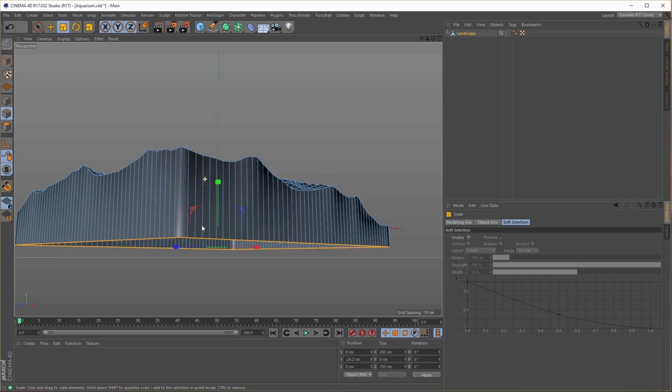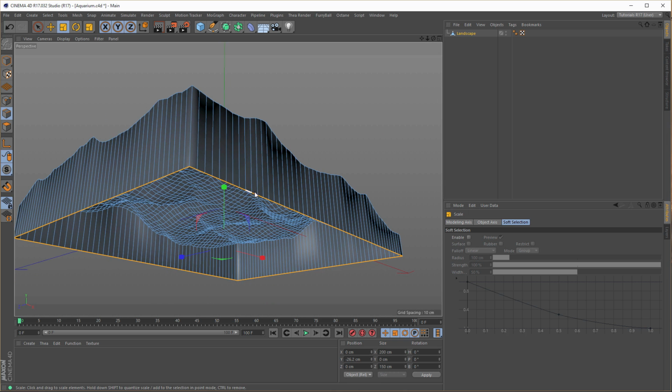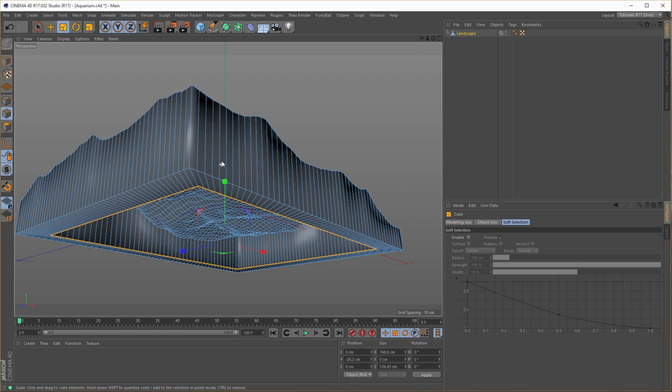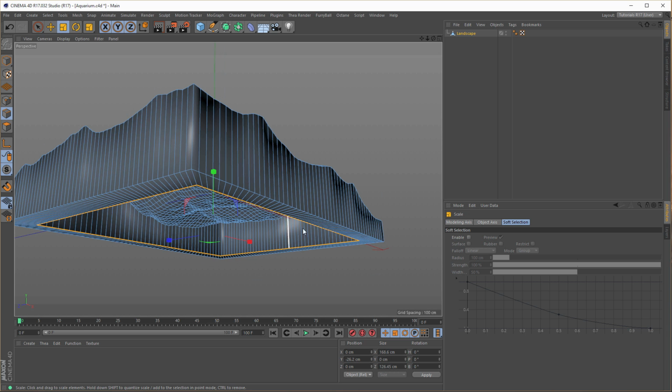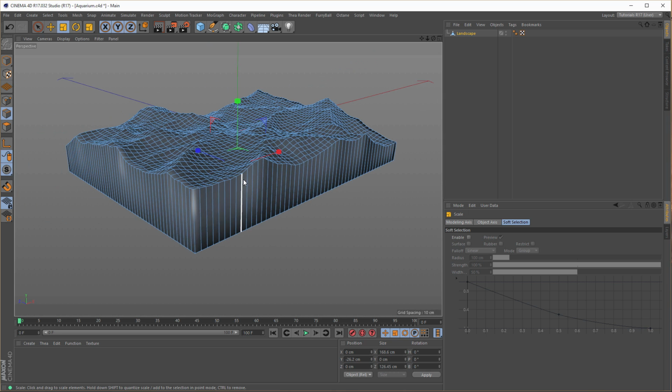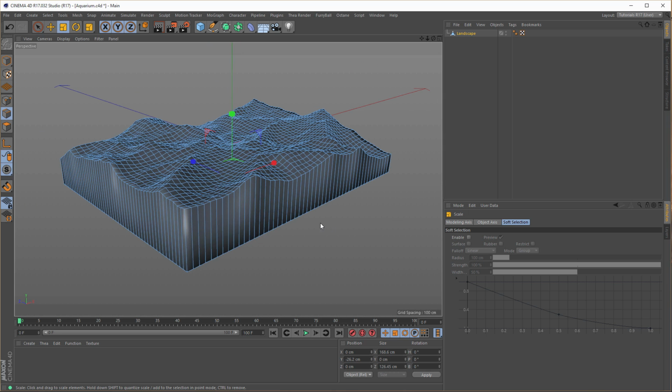Then here we stay in this scale tool, press our control key on the keyboard and just drag the left mouse button and drag the mouse to the left. So we have an extrude here. We need this extrude so we can bevel this edge later. Okay, we don't have to close this polygon hole. We don't see it later, so good. Next thing we need is